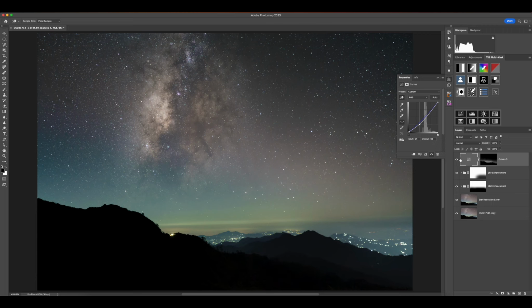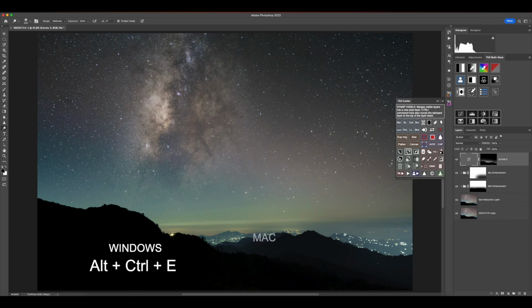Next, I'm going to do some freehand dodging and burning. There are different ways of dodging and burning an image in Photoshop. I'm going to be using the dodge and burn tools available within Photoshop. To do that, I have to first generate what is known as a stamped visible layer. To generate the stamped visible layer, the Photoshop shortcut will flash on your screen now. I'm just going to use the TK8 combo panel where there is a dedicated button to generate a stamped visible